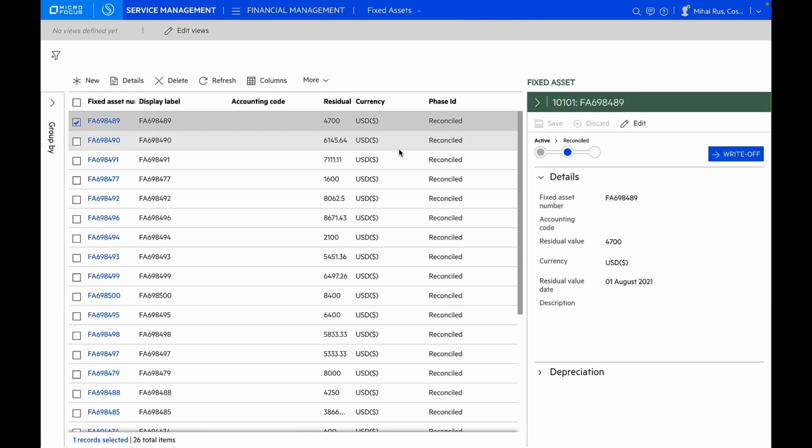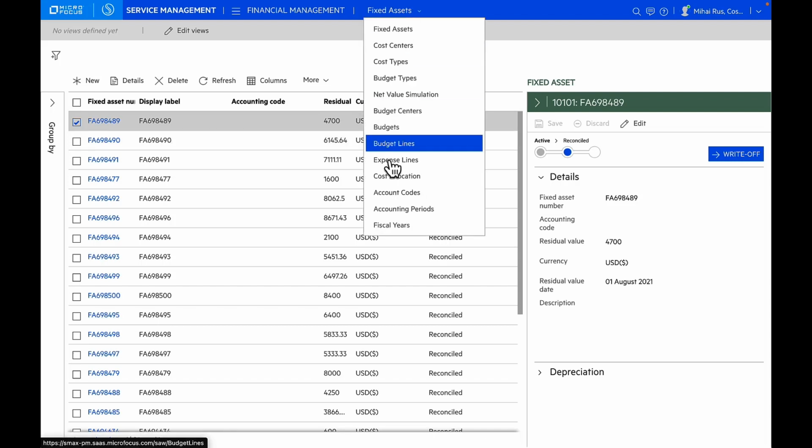The other module that is really important for Asset Management X is financial management. This module helps you take control over costs associated with assets. By understanding budgets, distributions, and spends, we can stay on top of the spend and have better financial planning for the future. You can set up cost allocation rules, create expense lines, and manage your budgets efficiently. You can also have different budgets and budget centers available and budget lines. They help understand your budget versus spend.